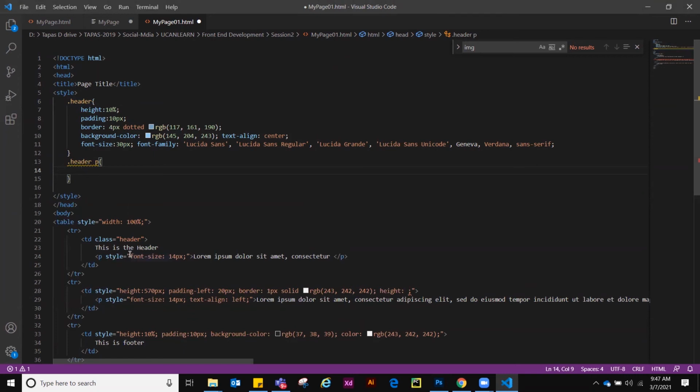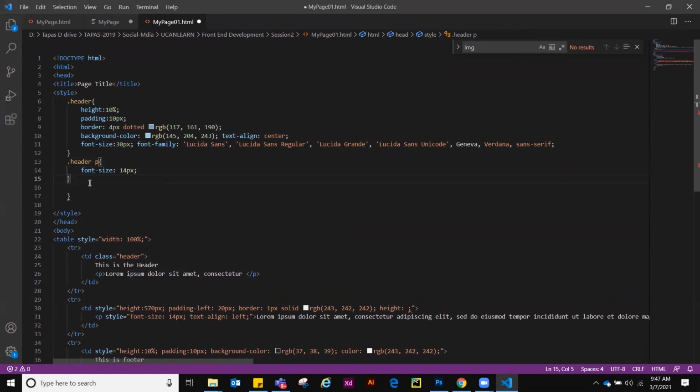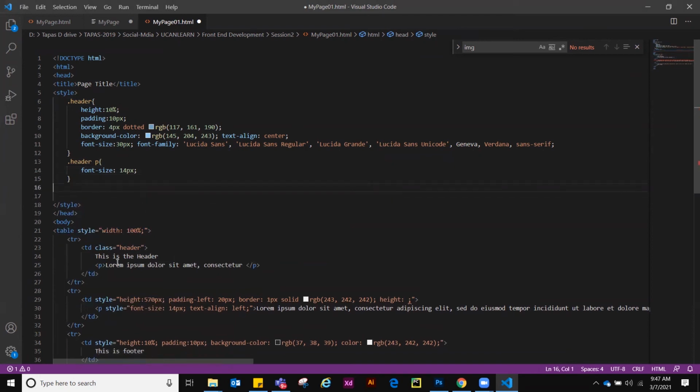What I have written over here, font size 14 pixel and font size 14 pixel, so cut it. Now see what happens. I have removed the font size from the p tag.